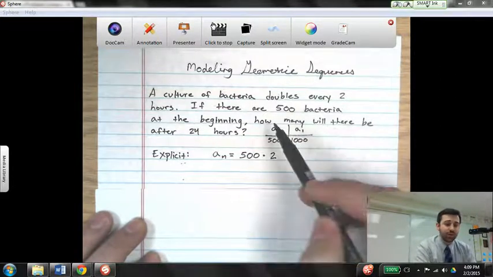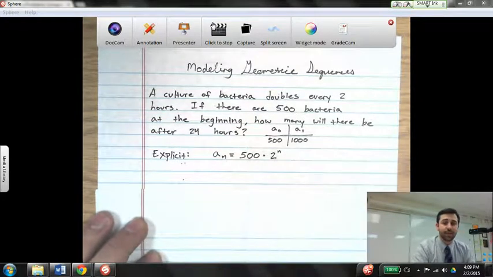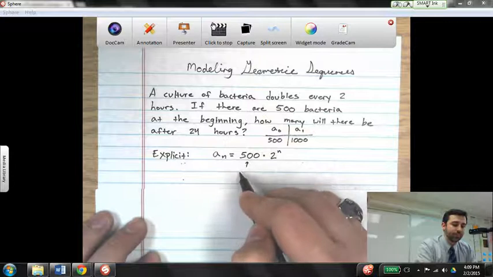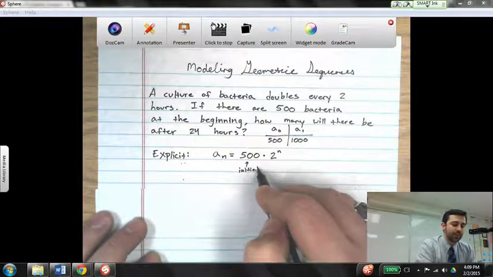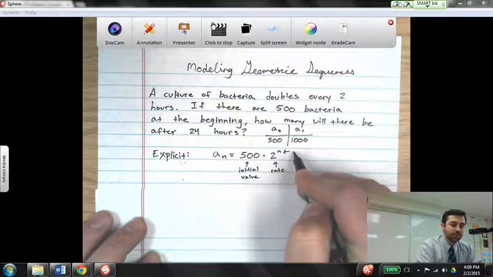In this case, double means we're going to be multiplying by 2 each time, raised to a power of n. Once again, our 500 is that initial value, where 2 is our rate, and then n represents the number